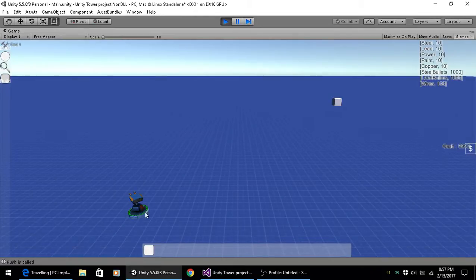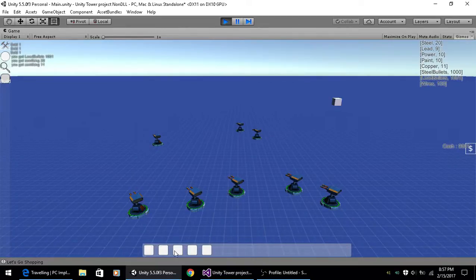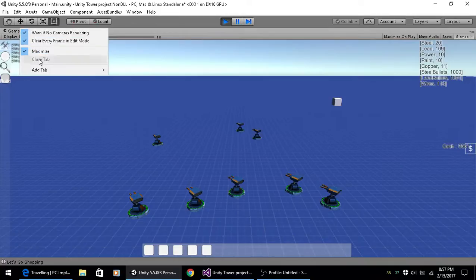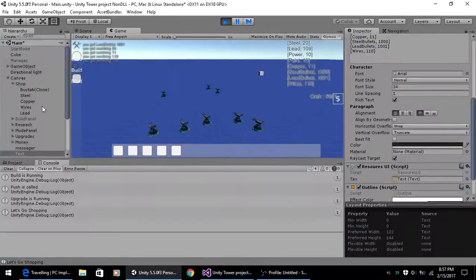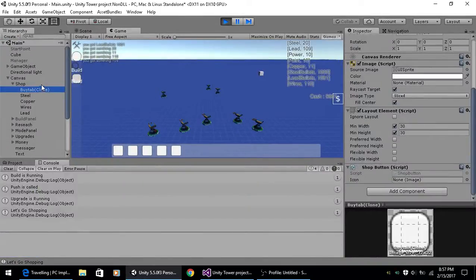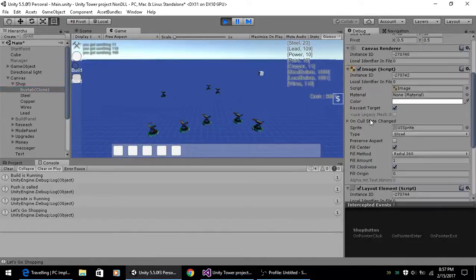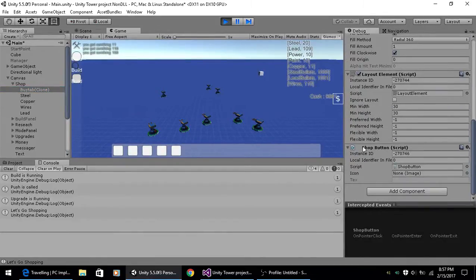Then I've got my little towers that I can build, and then I have little buy stuff where I can buy things, okay? And it changes and everything, but here's the thing that I hate about Unity's little setup thing. In the inspector, see how I have this buy button, okay? Well, here's the thing. I actually have quite a few different things that I could do with this,